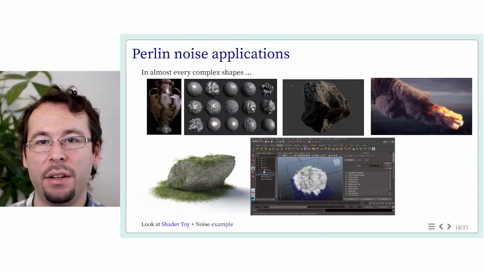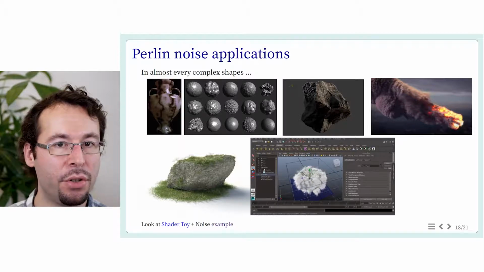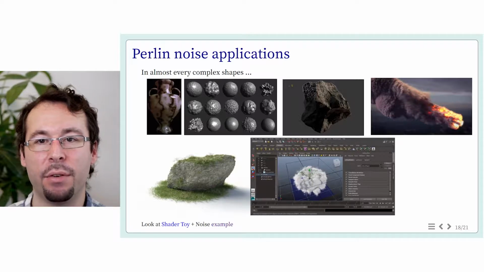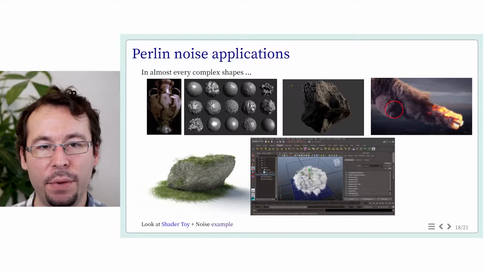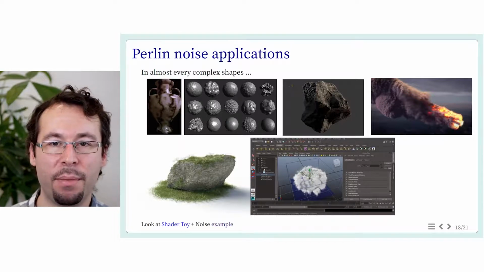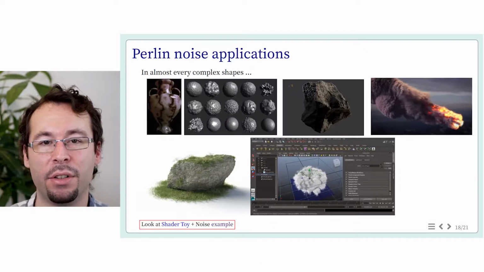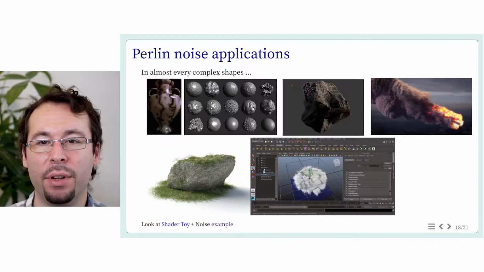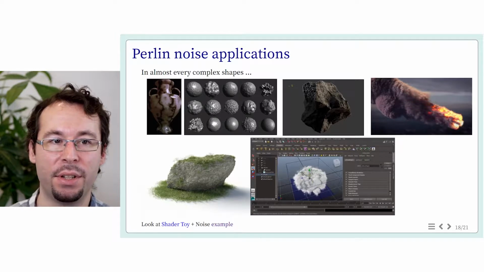And basically, this Perlin noise is used for almost everything which is related to natural phenomena, from textures to detailed natural shapes like rocks or for modeling explosions. So here we attach, for instance, the density to spheres that rotate and fall procedurally, and we add the details using noise on the density. And if you want to see some more examples, you can look at ShaderToy, which is a website with only real-time shaders running on your graphics card. And you can type noise as keywords. Most of them will be variations of Perlin noise, and most of them are able to do impressive results.